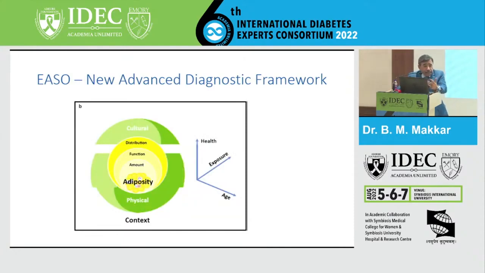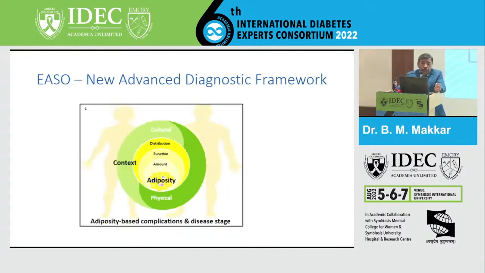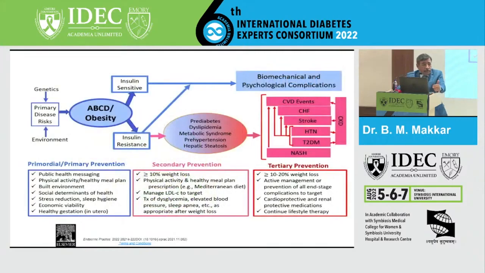as well as the socio-cultural factors, and together they combine to lead to the development of the so-called adiposity-based chronic disease, with complications which are gender-specific, given in the disease staging system. Based on this, they also define the levels of prevention required for different stages. So genetics, environment, epigenetics all lead to development of primary disease risk factors, and people who are at higher risk go on to develop ABCD, or obesity. So-called obesity is ABCD now.